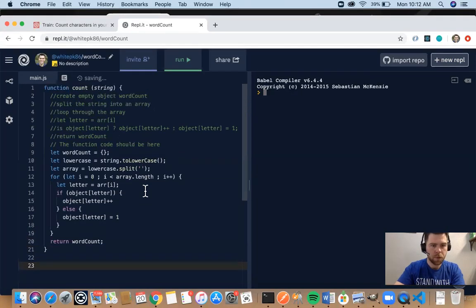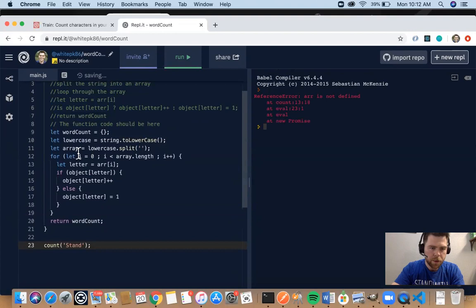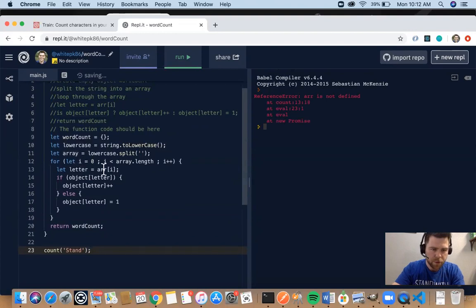So count. So count. What? Array R is not defined. Of course it's not. Of course it's not.